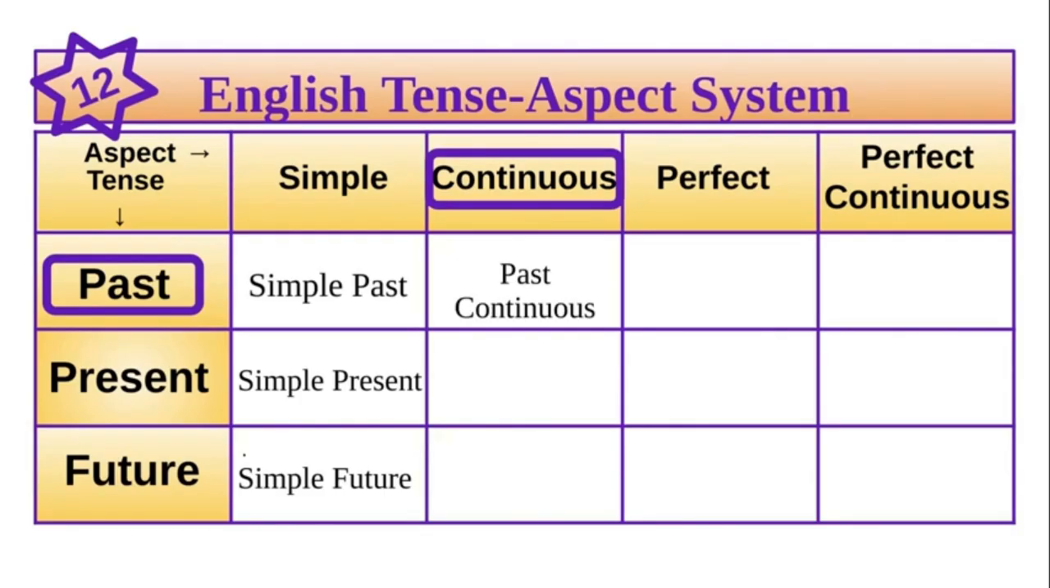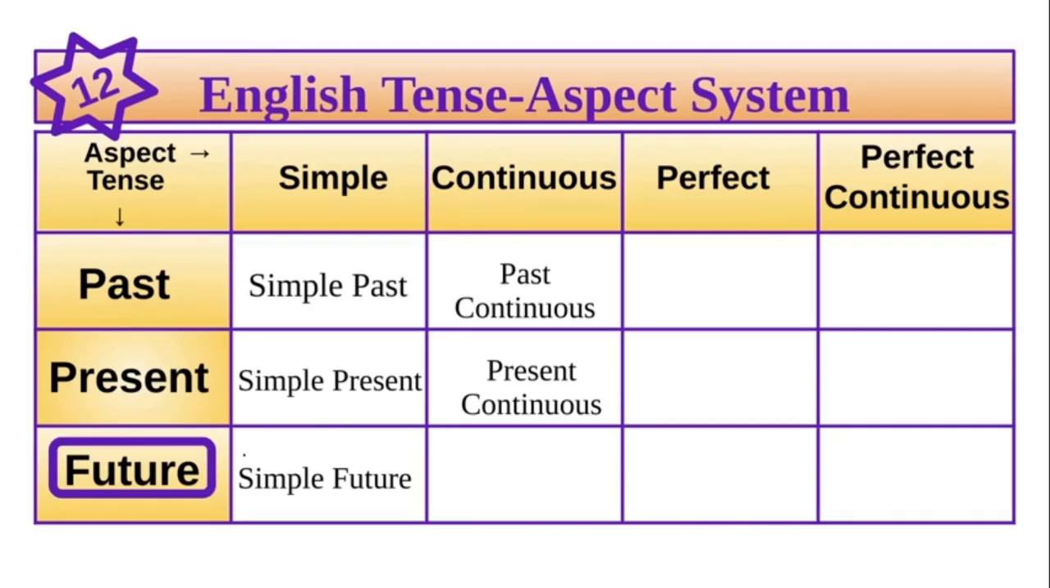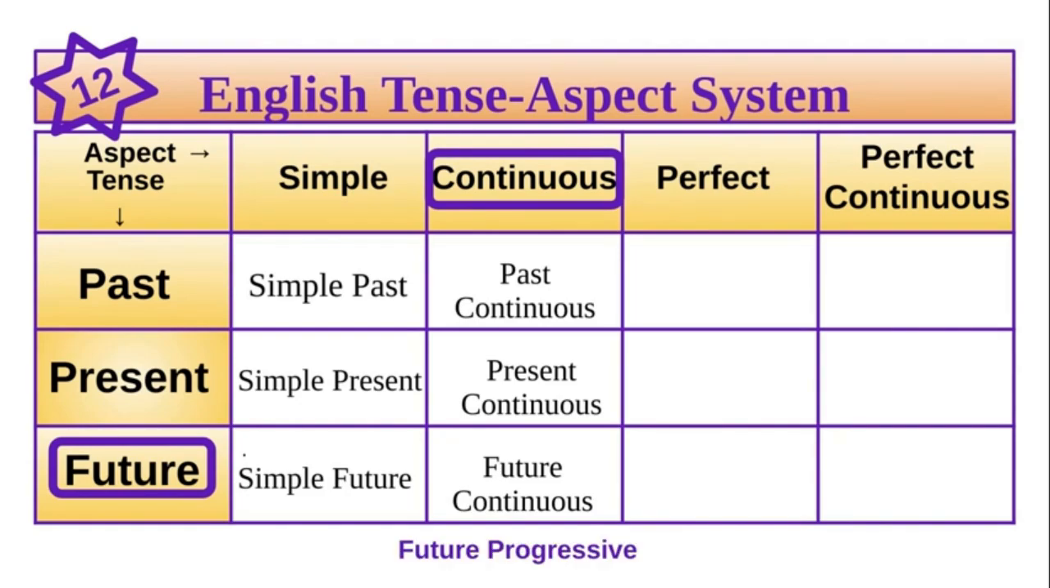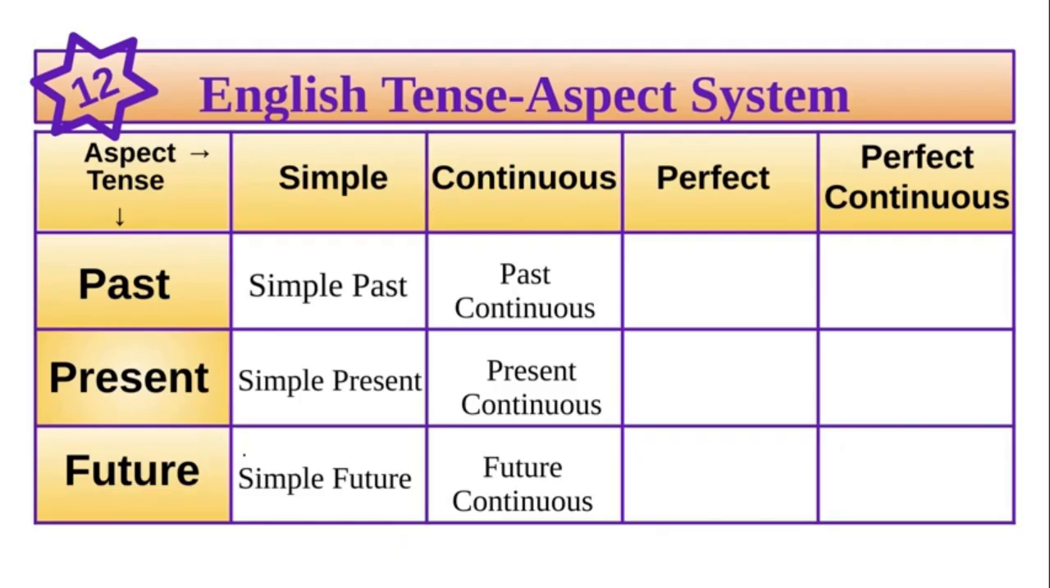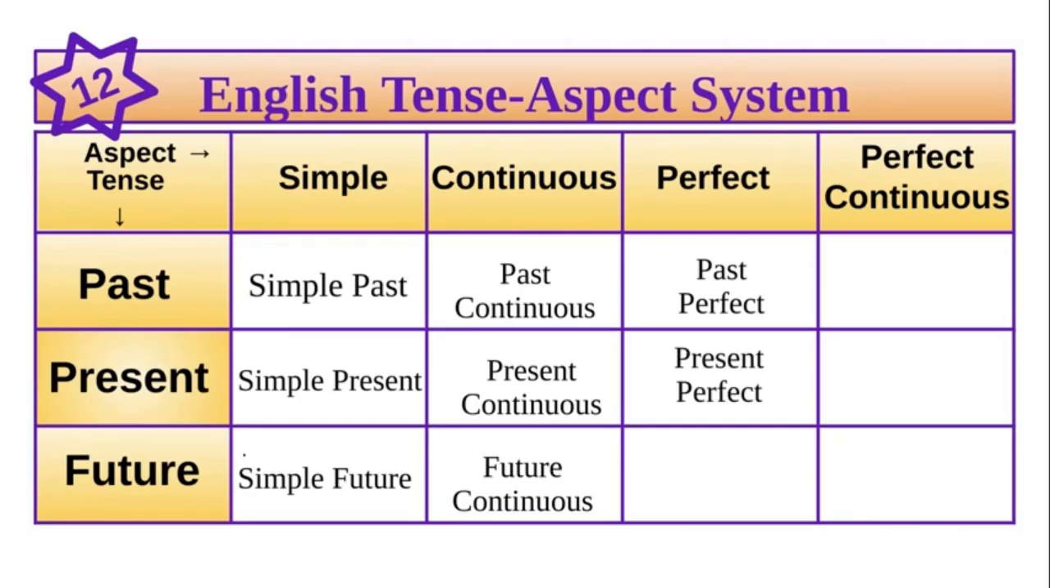The remaining combinations are read with the tense first, then the aspect. The first, past continuous, also called past progressive. Present continuous, also called present progressive. Future continuous, also called future progressive. Past perfect, present perfect, future perfect,